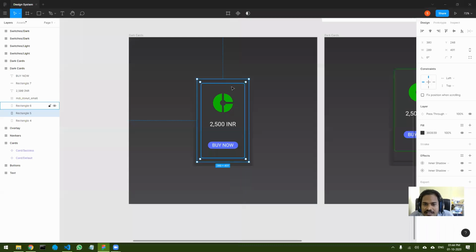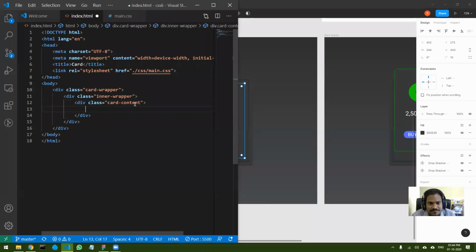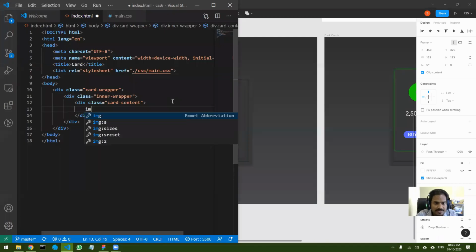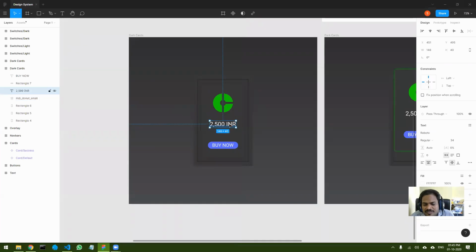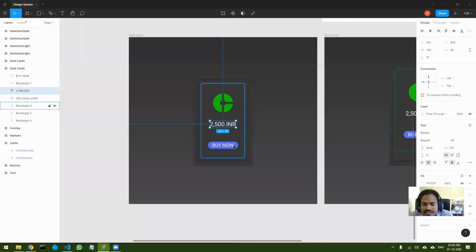Then this I will call main card maybe, or let's say card content. The name is your choice completely. After these three divs, I have an image. Then we can have a span over here, or let's take h4. Then we can have a button over here at the end.